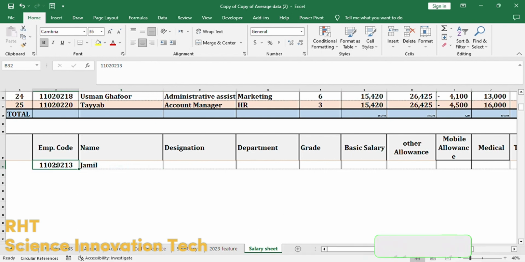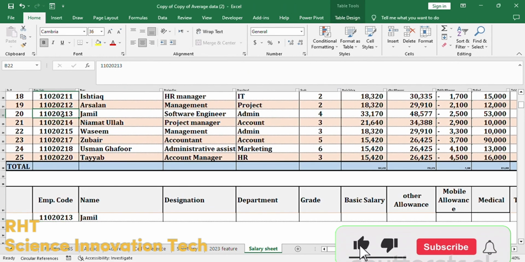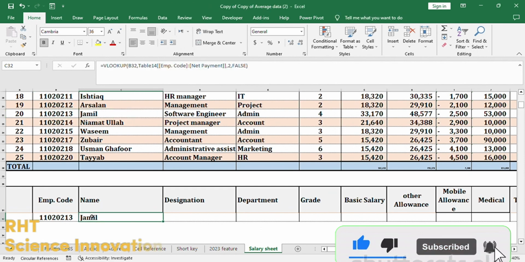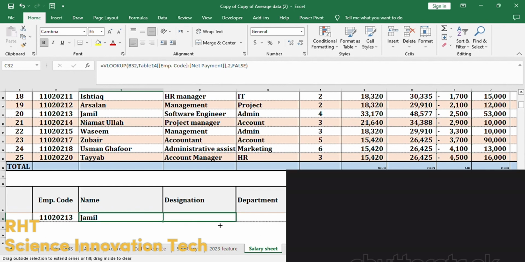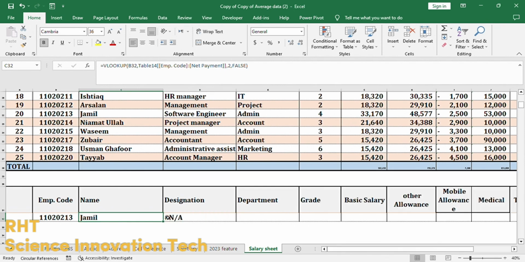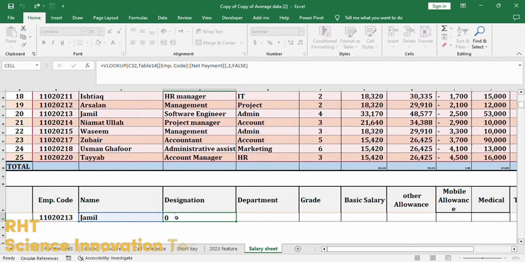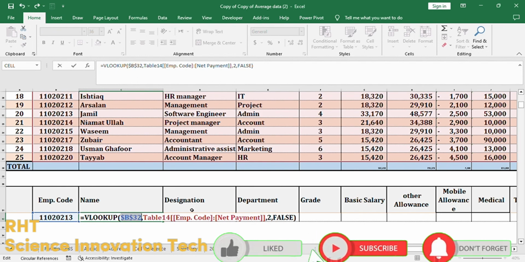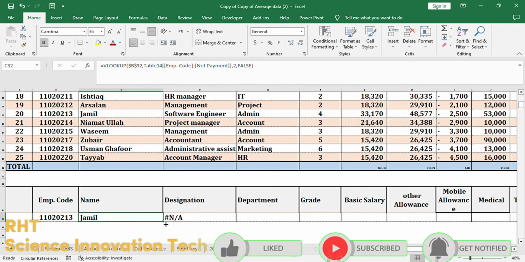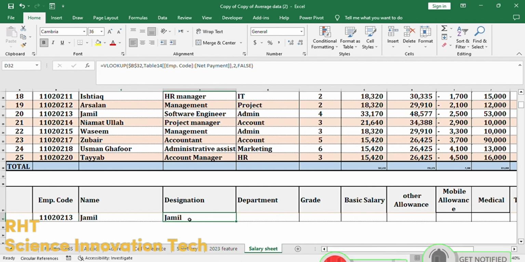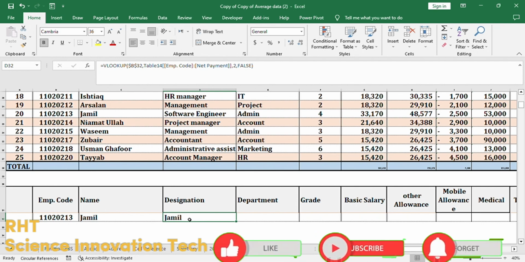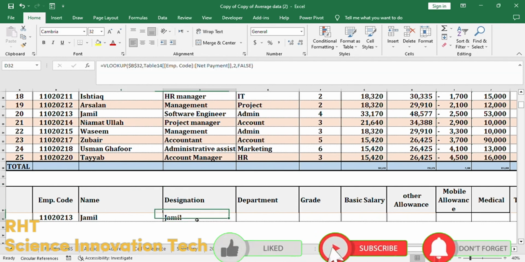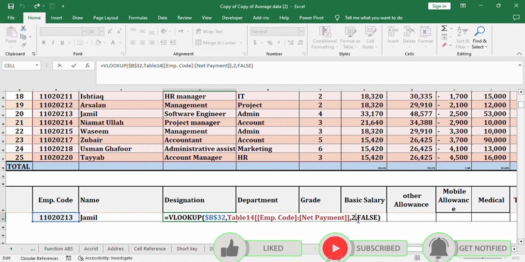So this is against this ID, this is the ID, and the name is Jamil. If we move forward it will not be working and it will show Jamil again. Why? Because first we will be freezing this. I did not freeze this one so that it could not move. Now its freeze will be moving ahead. Now this is again Jamil. Why? Because the column number is again 2. So if I make it 3,